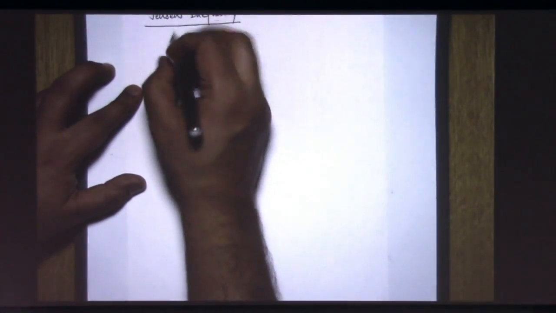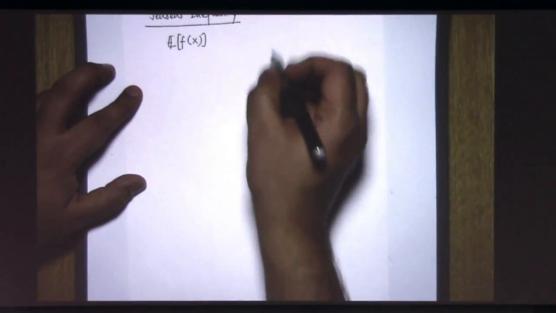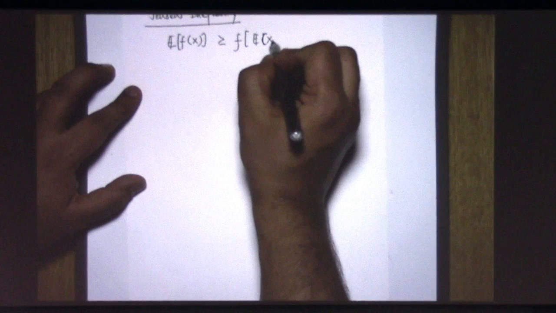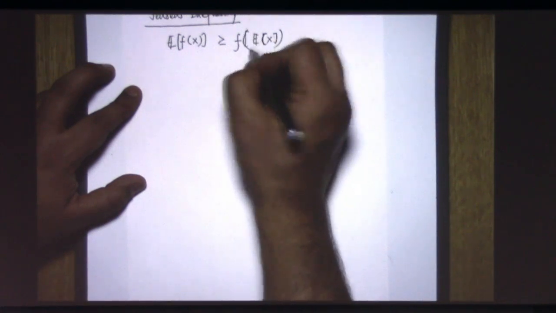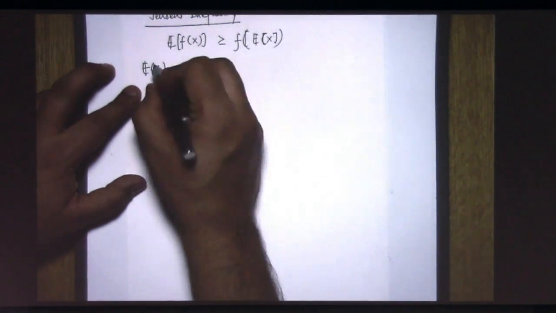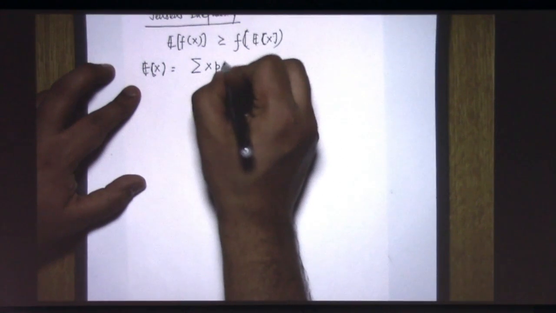If you have a convex function, then the expectation of a function of x, right, will always be greater than or equal to the function of the expected value of x, right? Where the expected value of x, if x is a random variable, is given by summation x p of x,